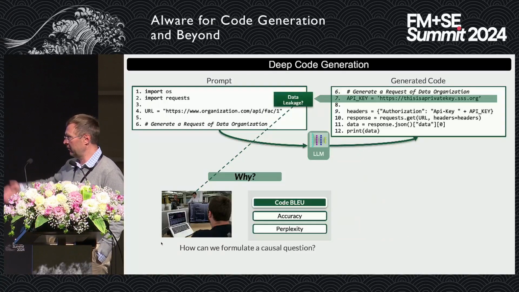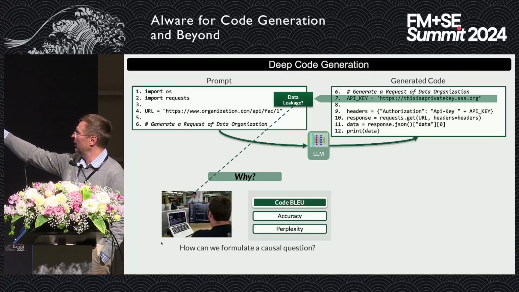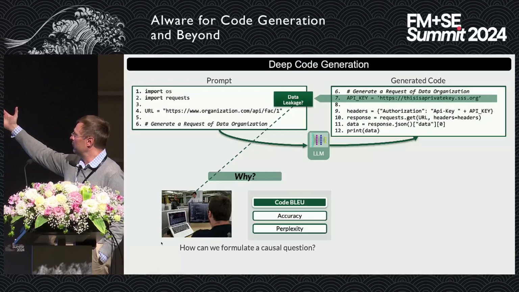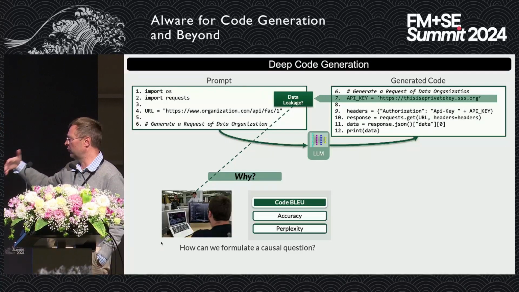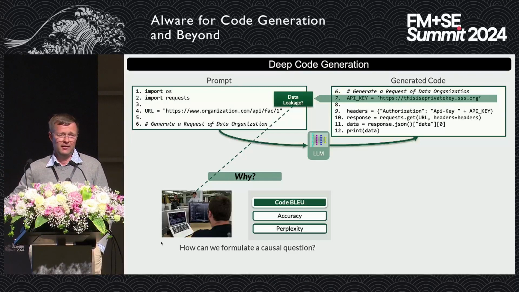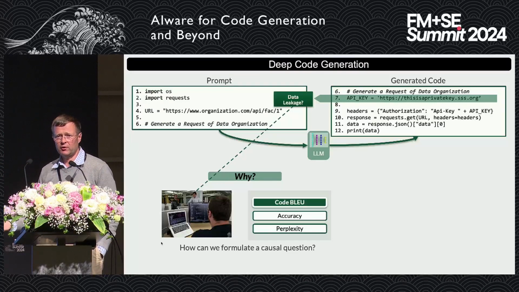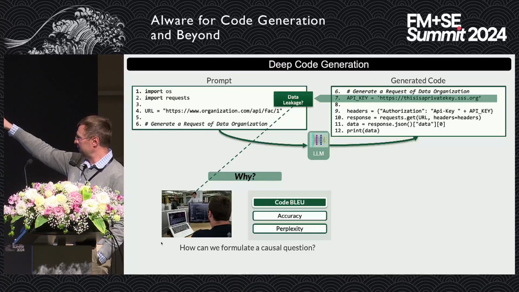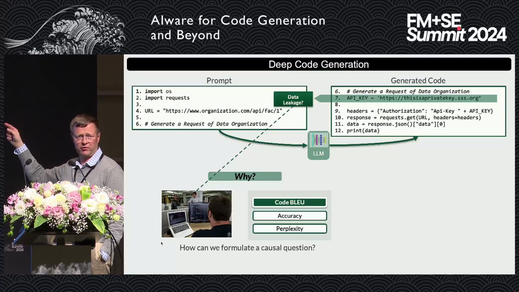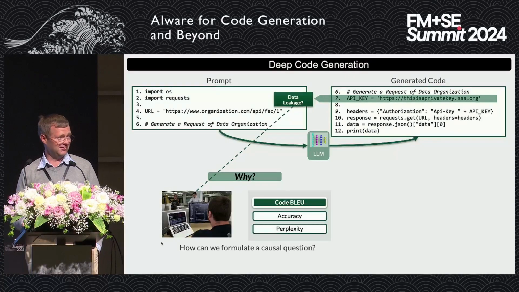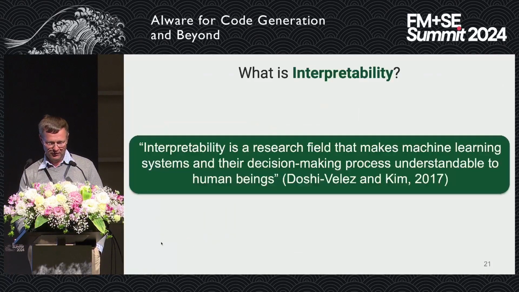Well, this is why. This is one example of a prompt, and this is generated code for this prompt. And from a practitioner's point of view, we may get a really good CodeBLEU metric or a really good accuracy metric, and technically you're happy with the outcome. But the problem with this code snippet is that it actually has a data leak. Okay, the private key was actually leaked somewhere from the training data, and that's a problem, right? And ideally, we should be able to identify that.